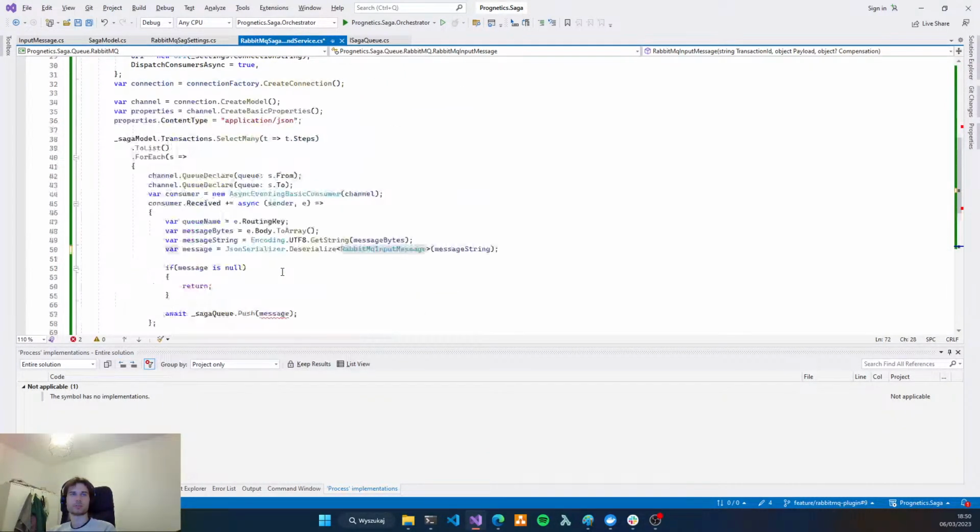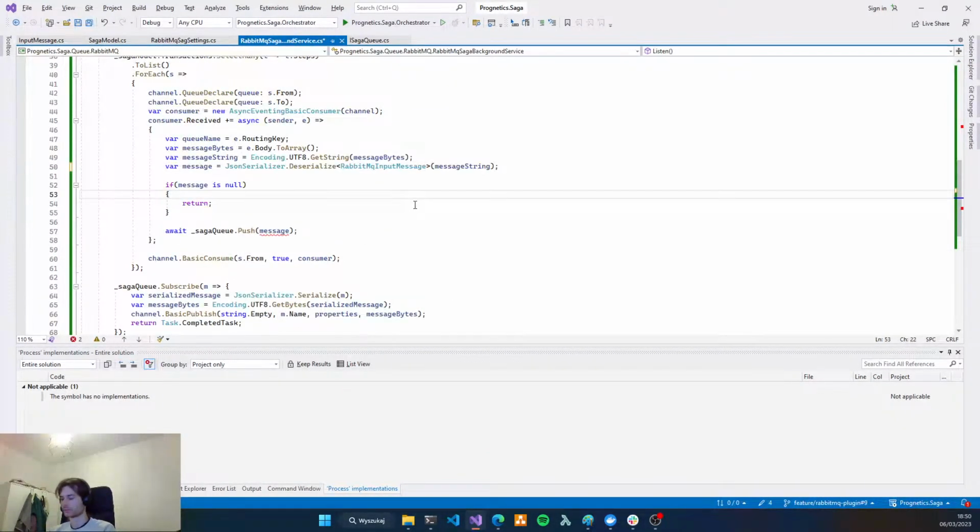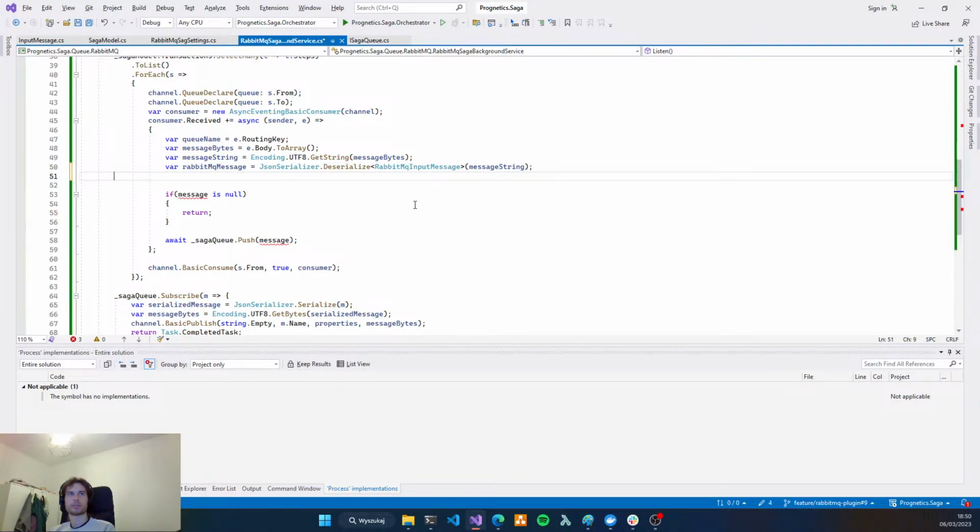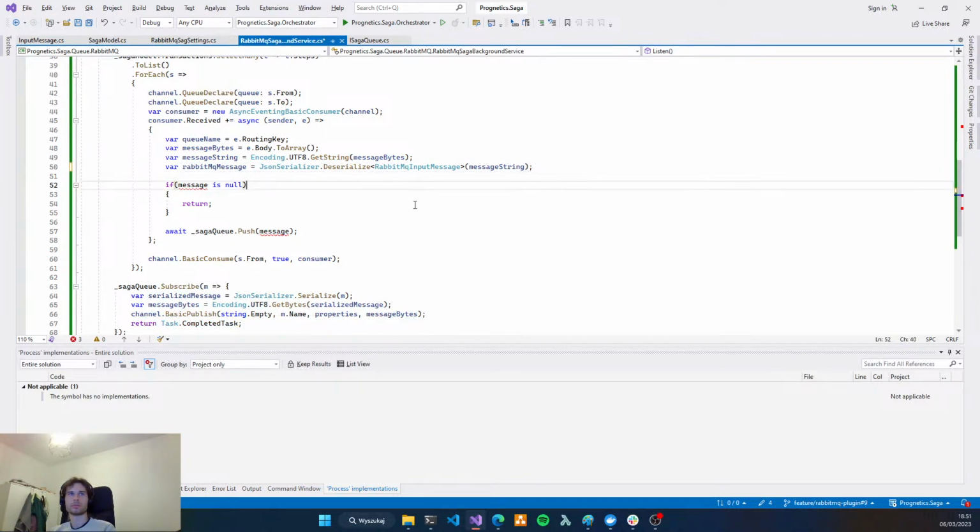We can move it to another file, but it's not important for right now. So let's name it RabbitMQ message, and if message is null, then something is wrong.